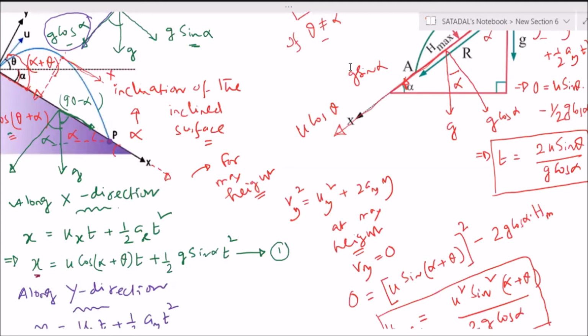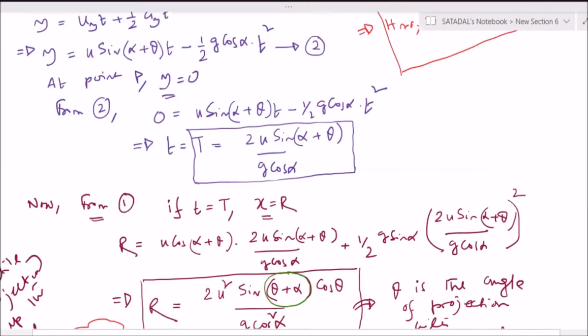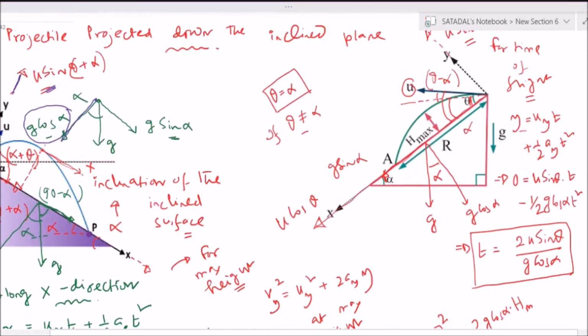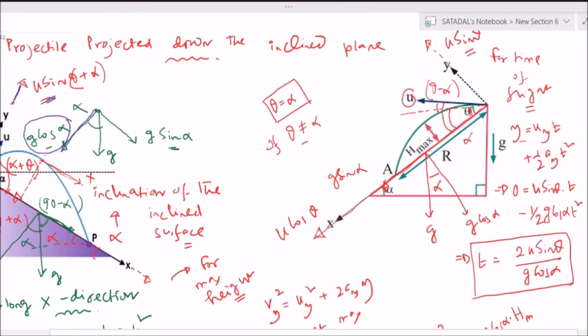Yes, Shrutik. Sir, this is for only the case of alpha equals theta, sir. No, no, no. Alpha is not equal to theta. Sir, you consider alpha equals... No, alpha is not equal. You see here. Scroll up, sir. Yes, that you see now. You see? Here you come. Okay, sir. Right? Correct?